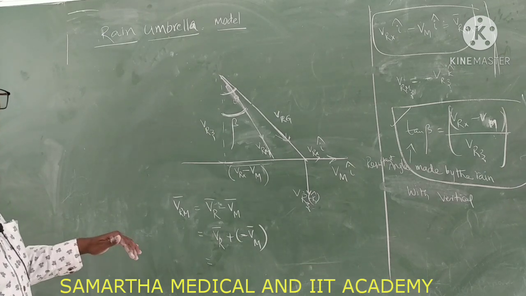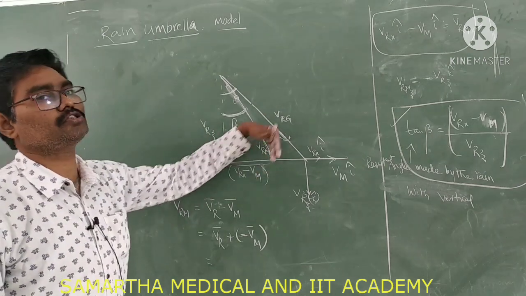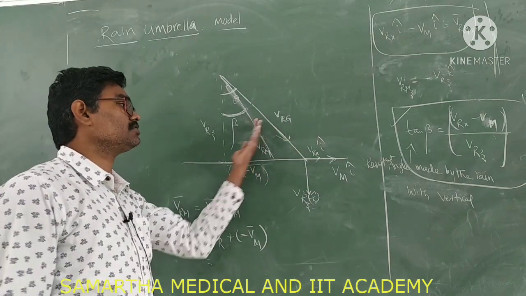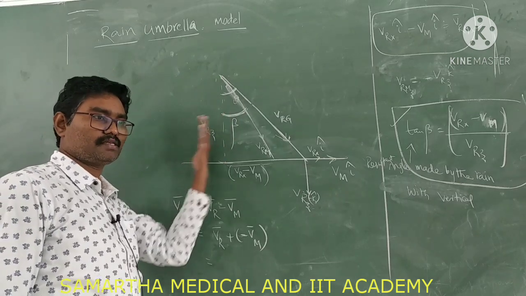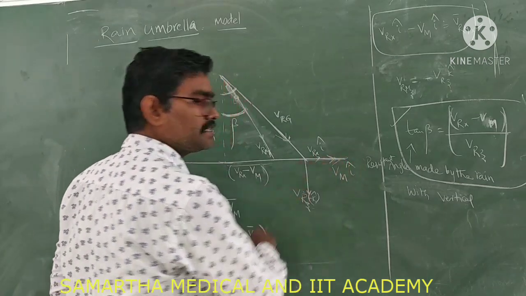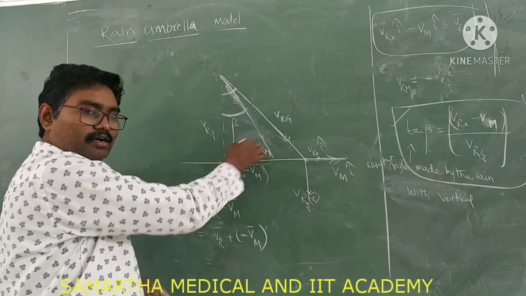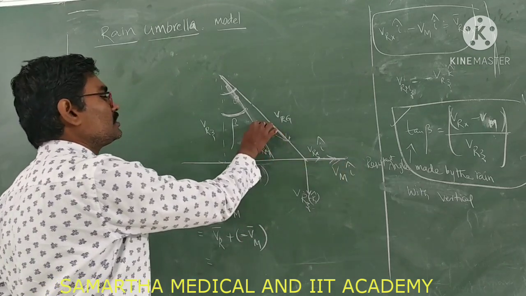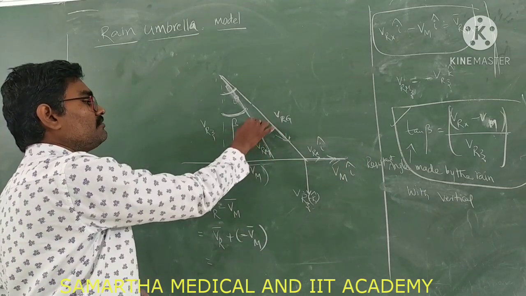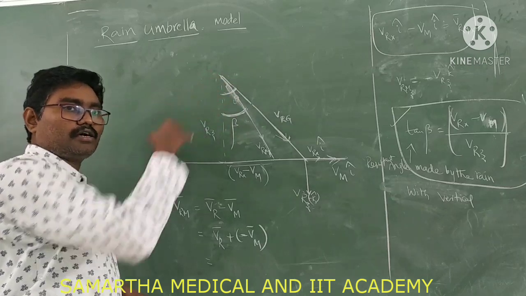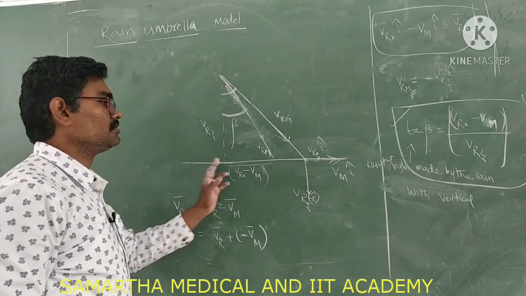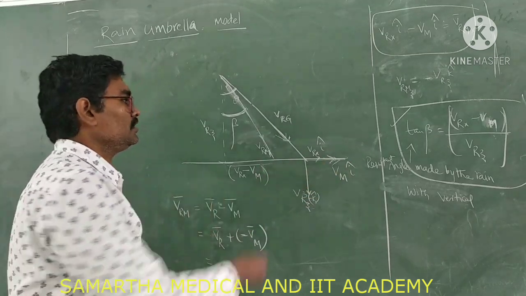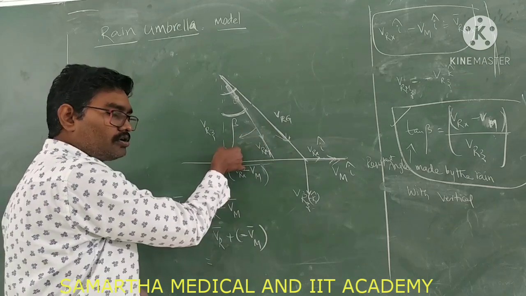Suppose, see here, if the person is going with more speed than in the previous case, then what will happen? The resultant will come closer to this vertical. Correct or not? As the person's speed is increasing in this way, the resultant will come in the backward direction. At a particular velocity, you can notice the resultant velocity of the rain appears to fall vertically. So that depends on the speed of the person. As the speed is increasing, the resultant will come close to the vertical.